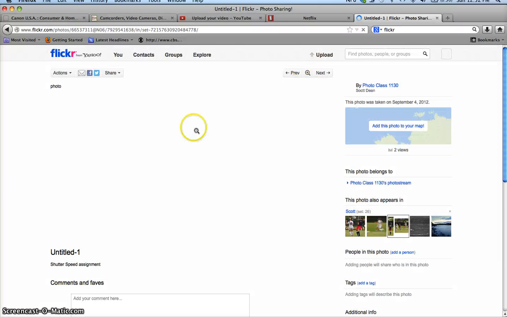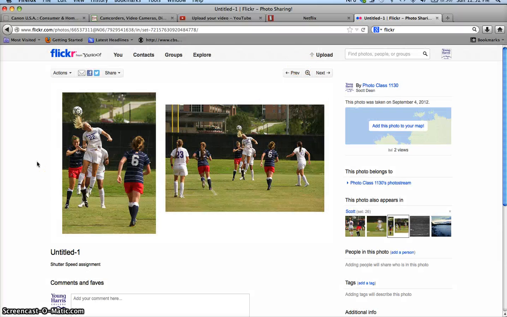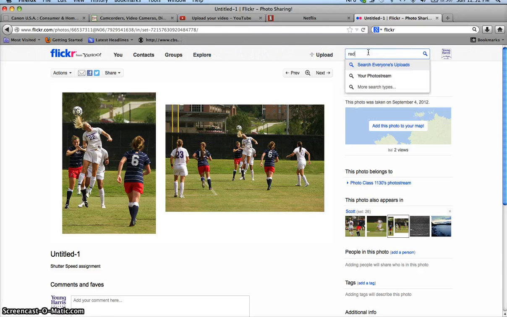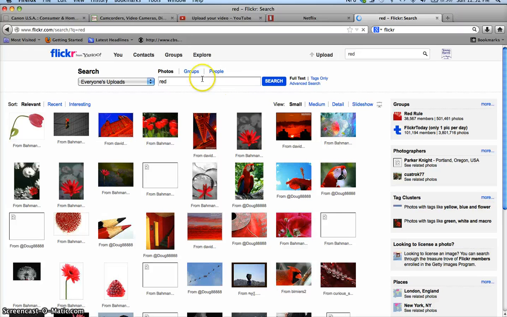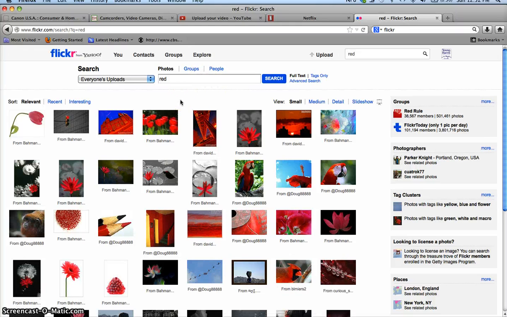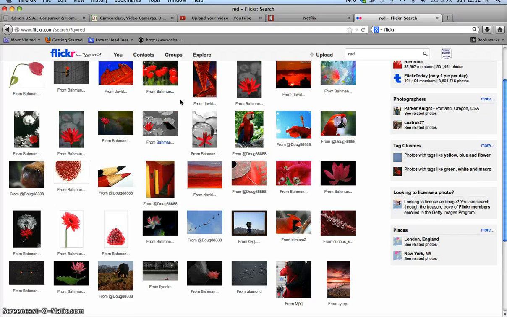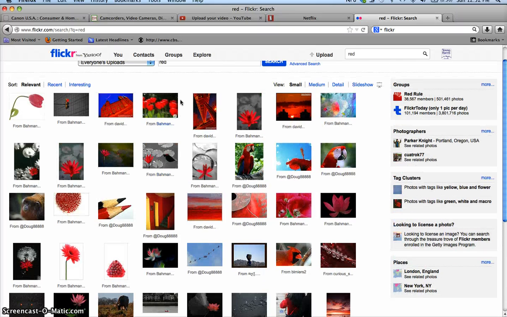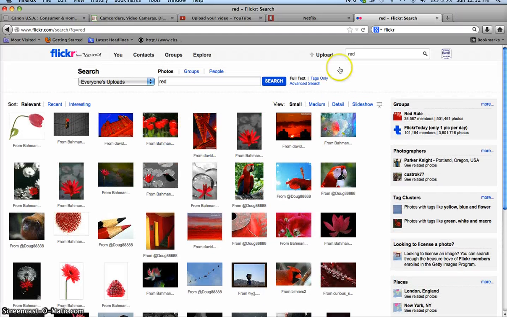So those are the main features of Flickr. Something else you can do, say we have an assignment and the color is red, you can search everyone's uploads, because Flickr is used worldwide and it's a great photo sharing site. And you can look and see what other photographers are doing out there to show the color red, or if it was